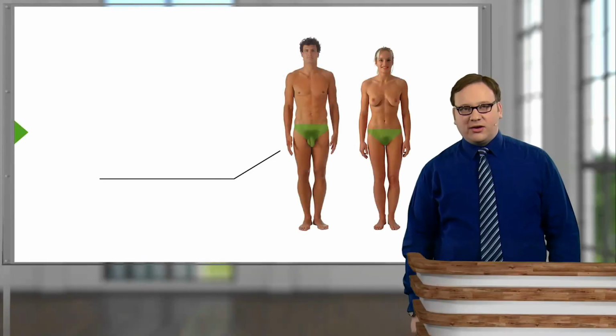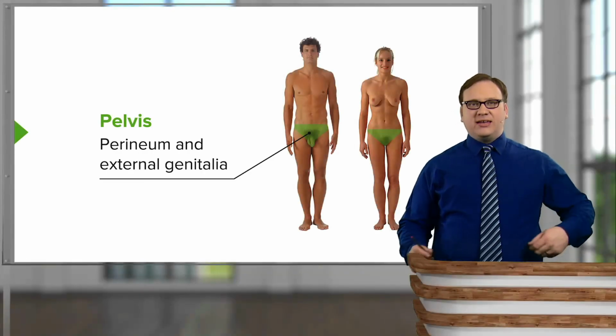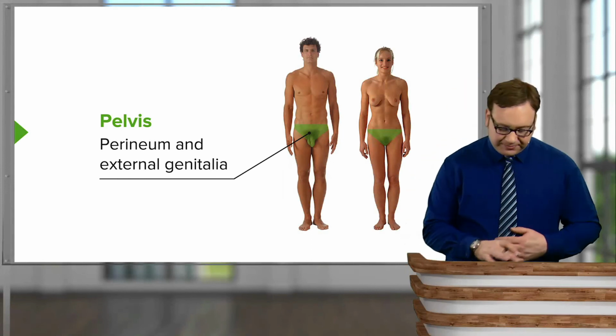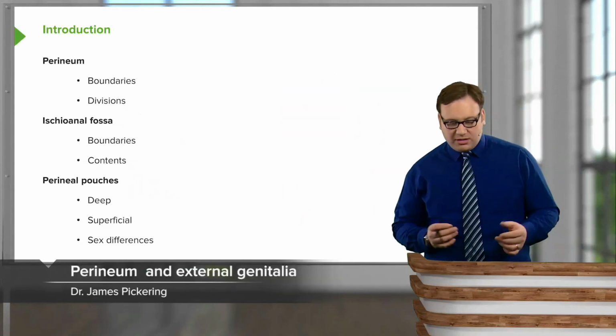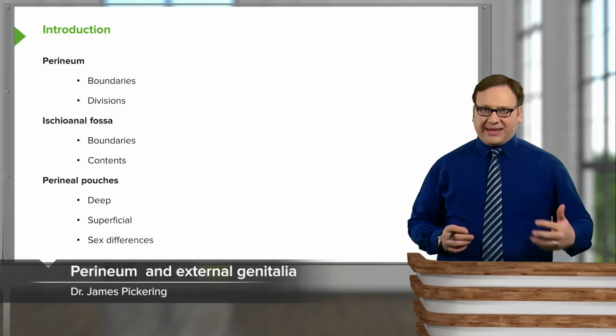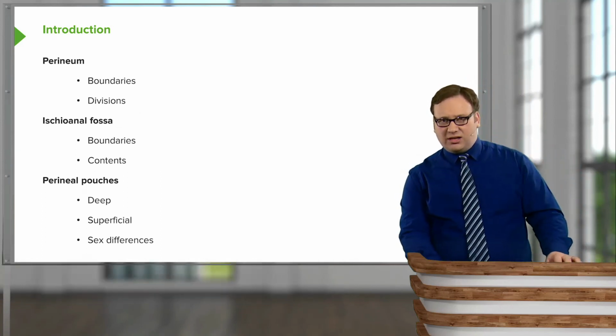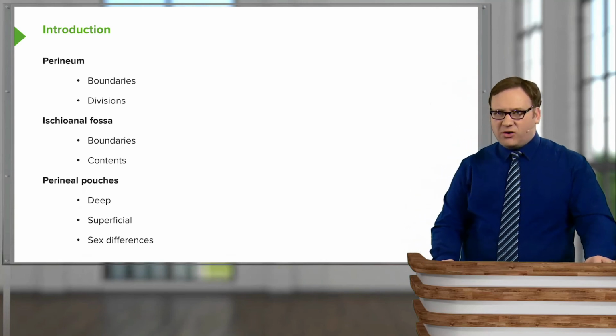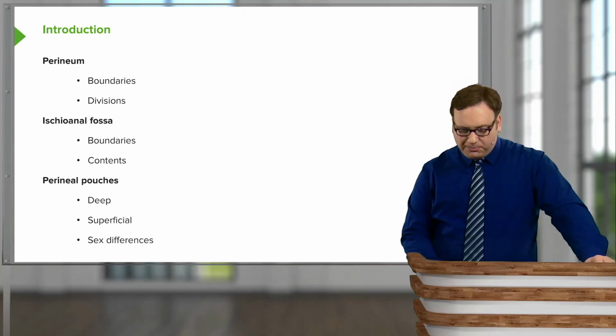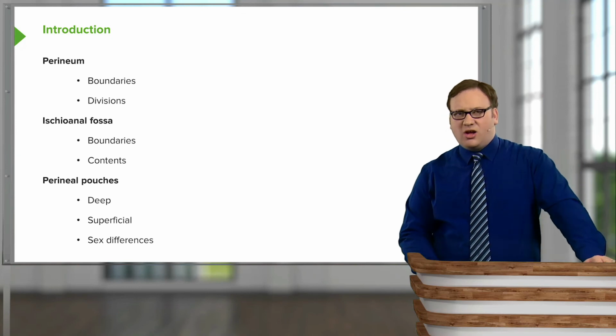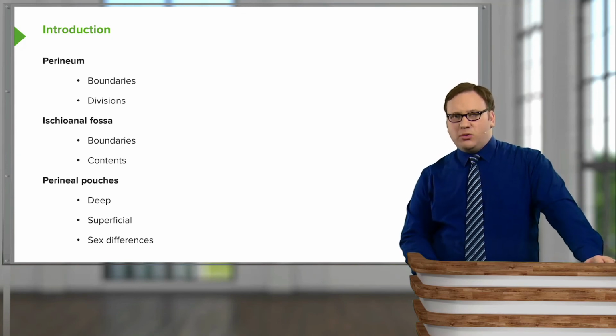In this lecture, we're going to look at the perineum and external genitalia. So look at the perineum, which is this shallow space inferior, or it can be considered to be superficial, to the pelvis and the pelvic floor. We're going to look at the boundaries and the divisions of the perineum, and specifically we'll look at what's called